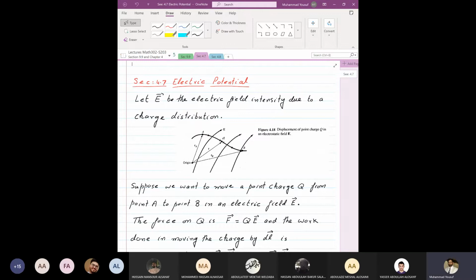Section 4.7 electric potential. We started this